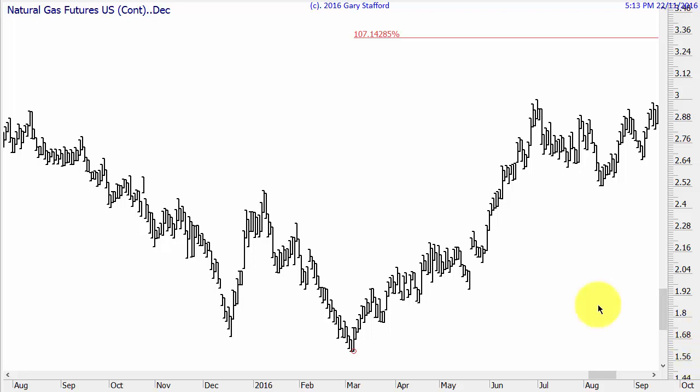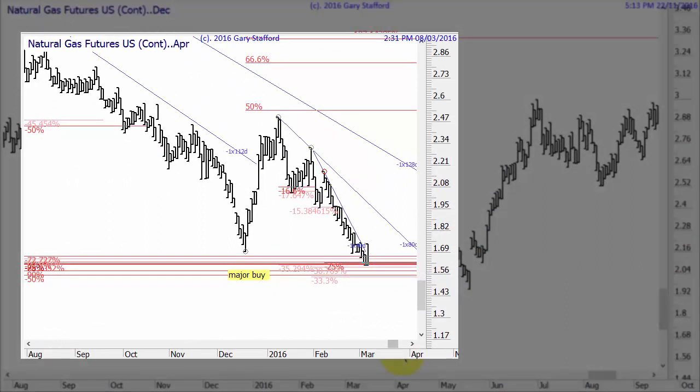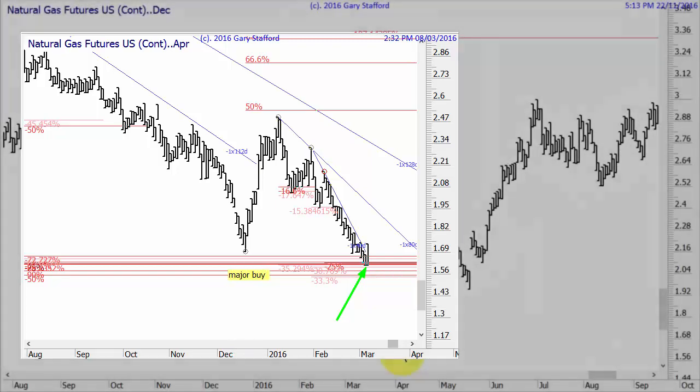Natural gas is a good example. I've only given 2 signals on this in the last couple of years. One was to buy here, so I'll stick in the signal so you can see what I said, and it happened to be the exact bottom. Now this is natural gas, and it's an old signal which we've now got to. If you want to watch the training video of the 8th of the 3rd 2016, which explains what I'm watching for, but I'm watching for some strength here. It's really got to stop around about here, or if it goes much lower, then it's probably going even lower. If you want to pick up my chart, then it'll be CO 511 by GS.